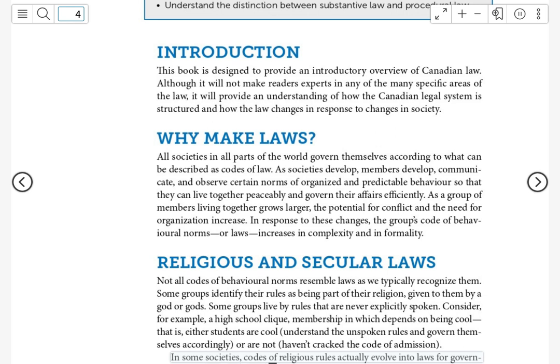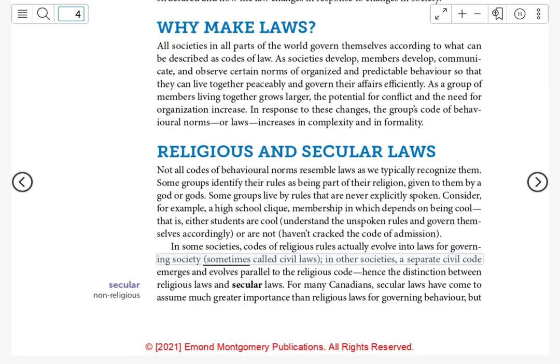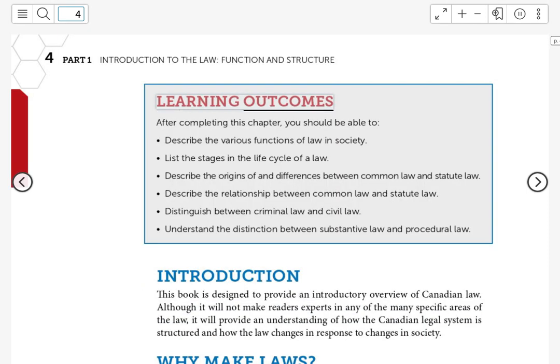In some societies, codes of religious rules actually evolve into laws for governing society, sometimes called civil laws. In other societies, a separate civil code emerges and evolves parallel to the religious code, hence the distinction between religious laws and secular laws. For many Canadians, secular laws have come to assume much greater importance than religious laws for governing behavior, but secular, non-religious